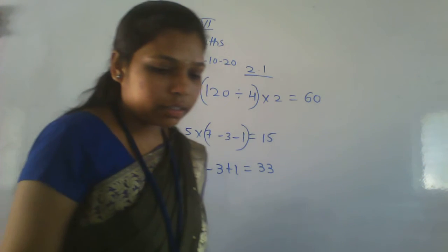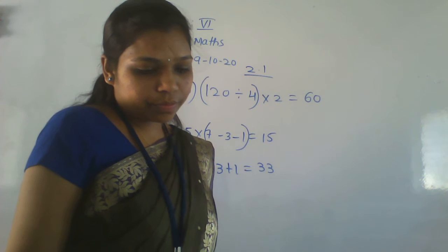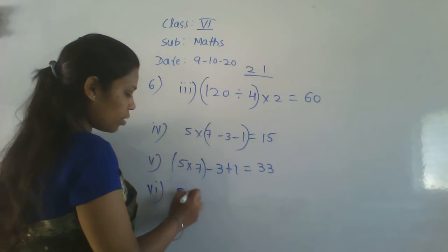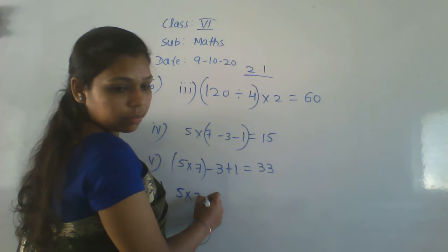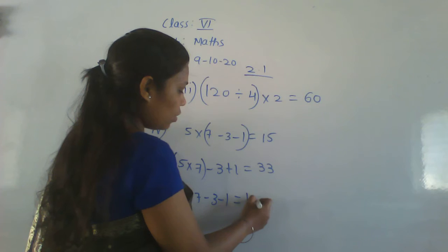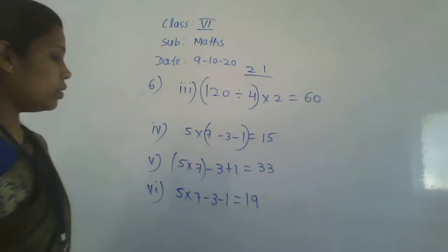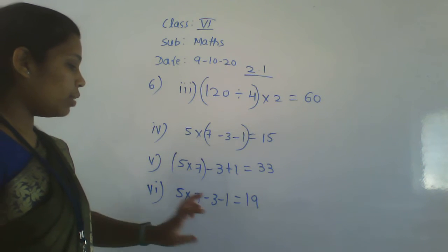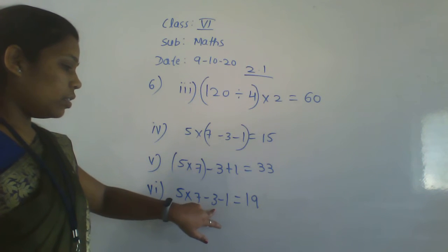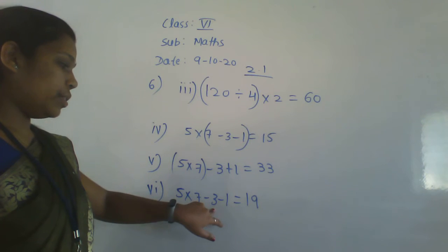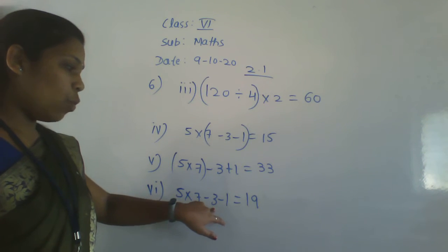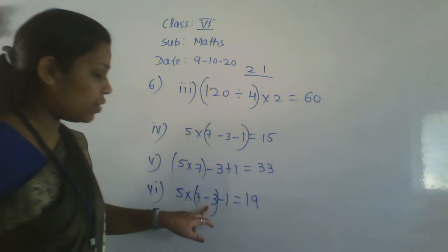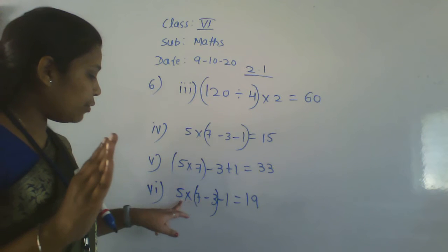Okay, sixth one is 5 into 7 minus 3 minus 1 is equal to 19. See here, we want 19 as the answer. For that, what do we have to do here? Only put a bracket for 7 minus 3. Okay. So 7 minus 3 is 4. 4 fives are